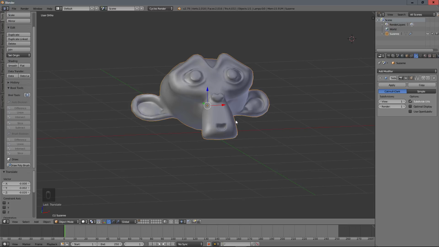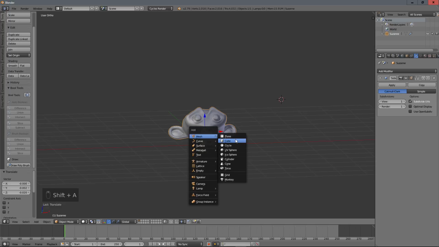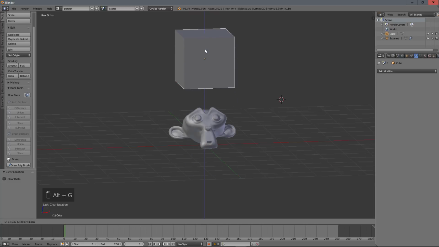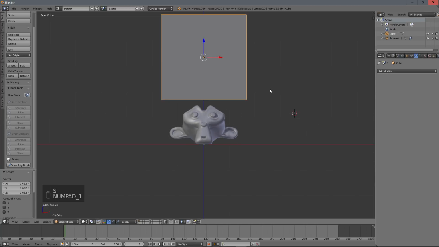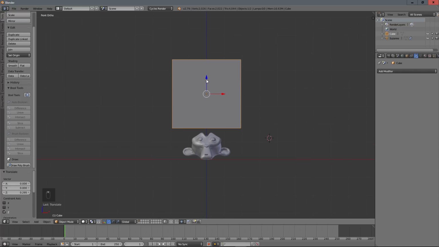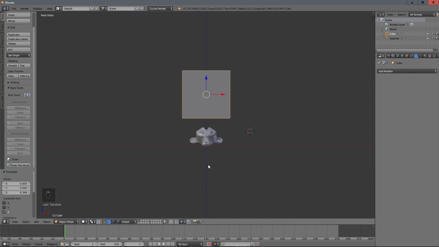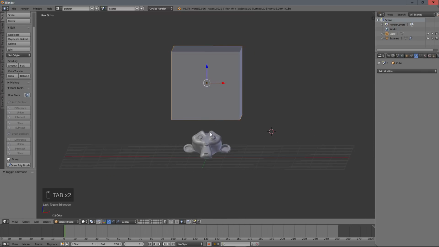And what we will do for that, we will add a cube. Okay, I do Alt G and put it there and scale it a little like this. It's big enough to put Suzanne inside. Okay, and it will be this cube that will make our Suzanne disappear. And for that, we will just animate that cube and put it with a